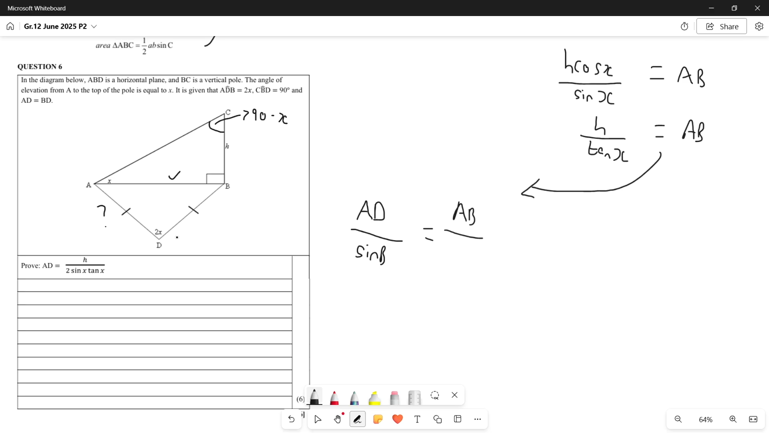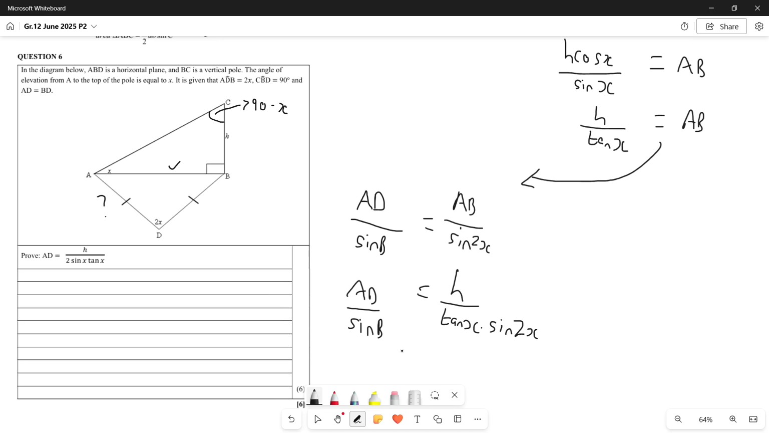And that is over our sine of 2x over here. So AB over the sine of 2x, which means I'm just going to plug in h over tan x, our AB, in here, which means we have h over tan x times sine 2x over here, and then AD over sine B. So one thing we have to keep in mind, we've used everything up here. We've dealt with this 2x here. We dealt with the fact that this was 90,